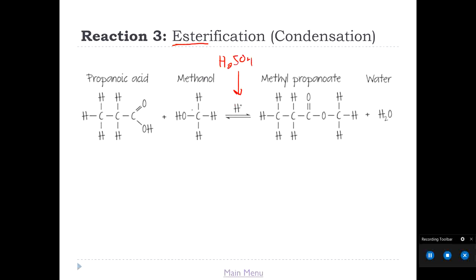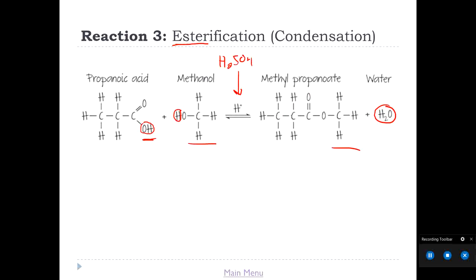So we see that the methanol here gets added on to the other side of the oxygen. So essentially what's happening is the alcohol on the propanoic acid is getting replaced by the methanol. Okay, in the process, we have an OH and an H, which are released as water. Okay, this is why we call it a condensation reaction, because as this reaction proceeds, you'll see water forming on the flask. Okay, so again, our carboxylic acid plus an alcohol goes to our